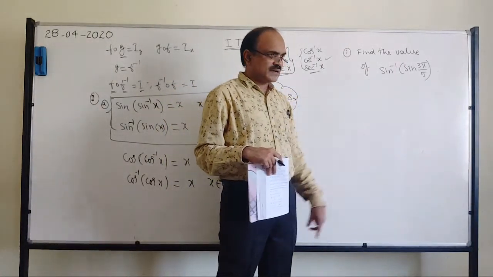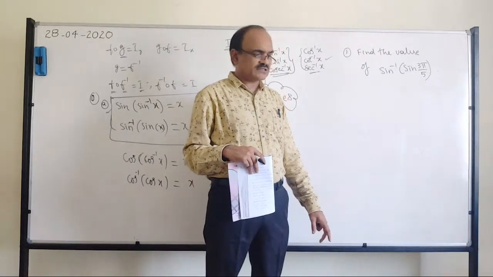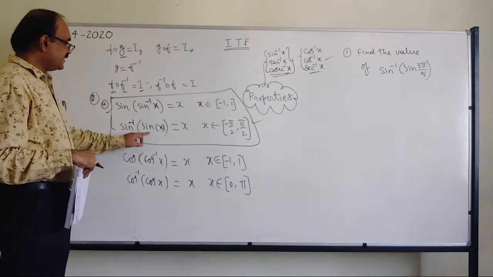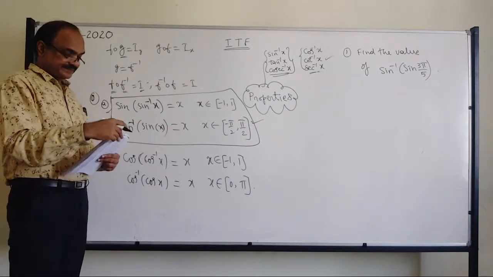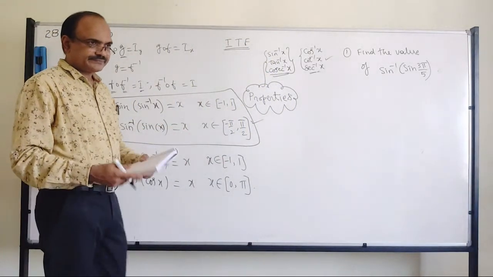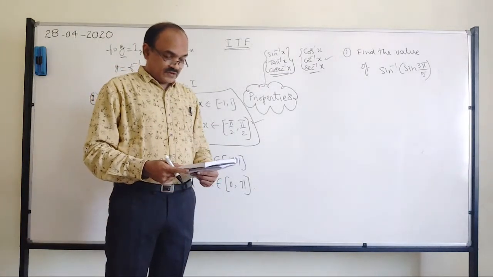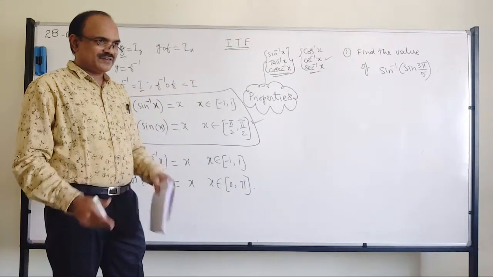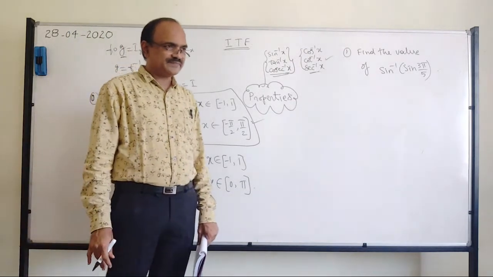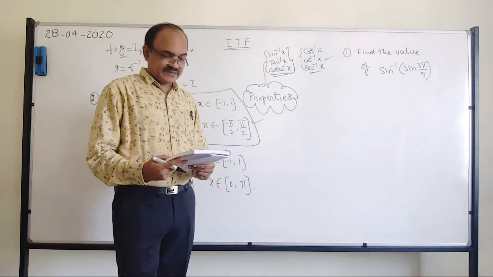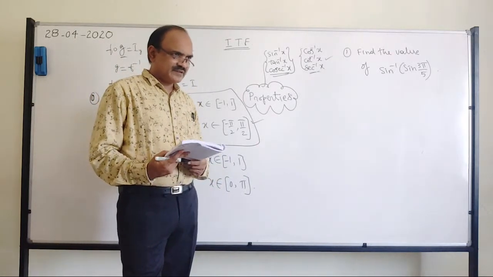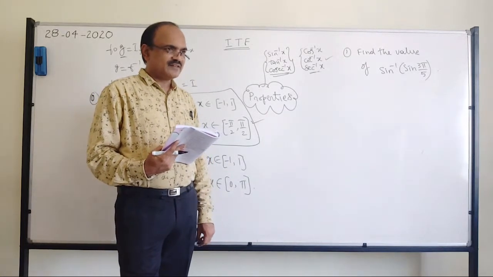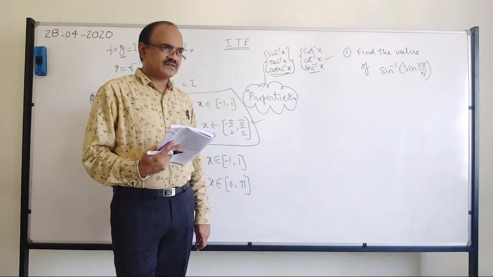So please tell me the answer. Nobody is giving the answer. I am just waiting. Look at this property: sine inverse of sine x is x. Okay, I am getting 2 pi by 5. Oh, many people. Wonderful. Any other answer? Okay. How come everybody is giving the correct answer? You are wonderful.